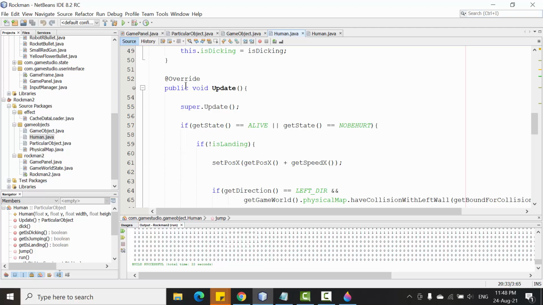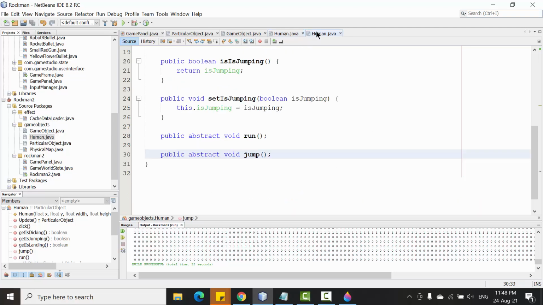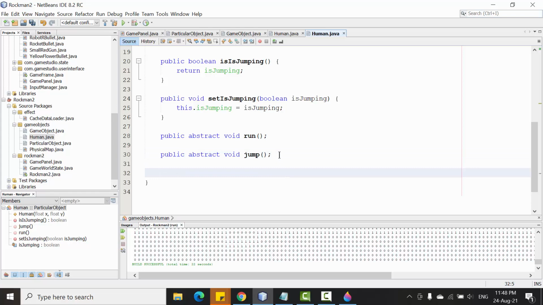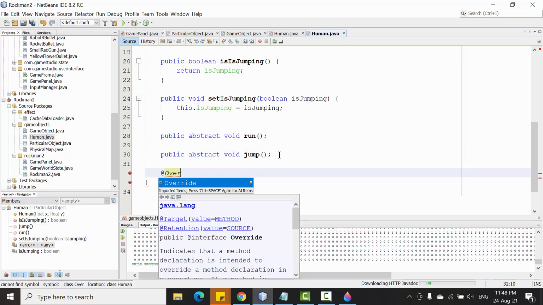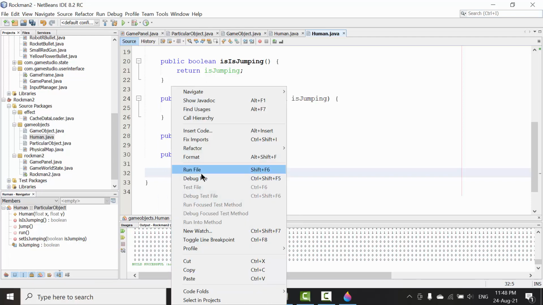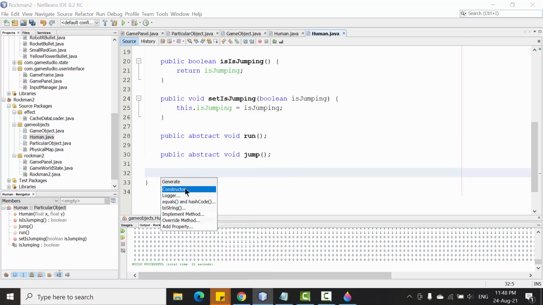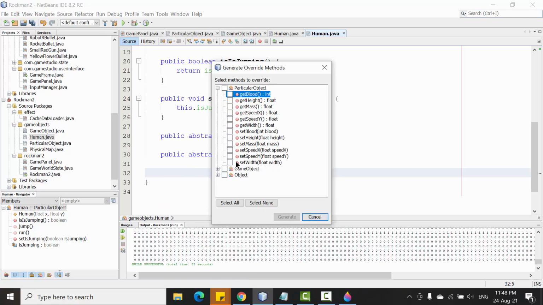And in the update function, I will override the first time for this. We'll override the... All right. Let's do the toString override method. I will choose the